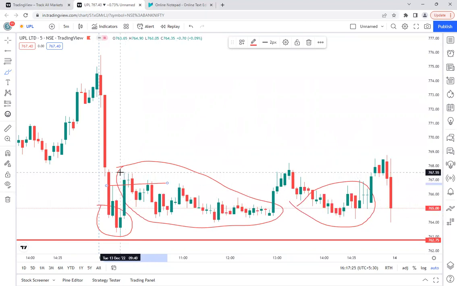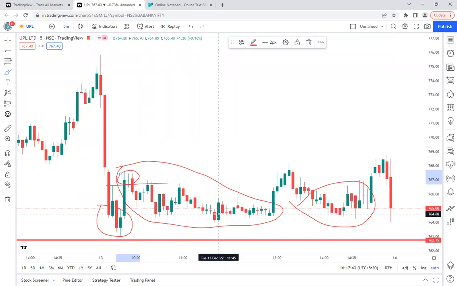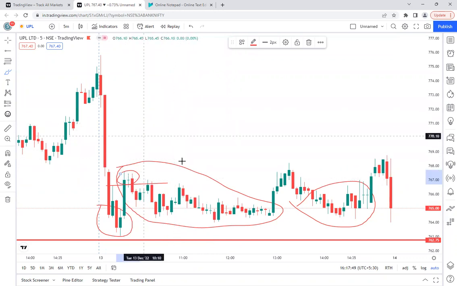They killed all the sellers, and some people might, what we can say, if they don't keep the stop loss here, okay, today the price again fell down to some extent, but sometimes what happens, it may even keep on going up also. So that would have killed the complete capital of those intraday traders.